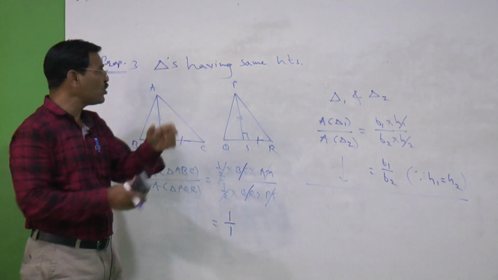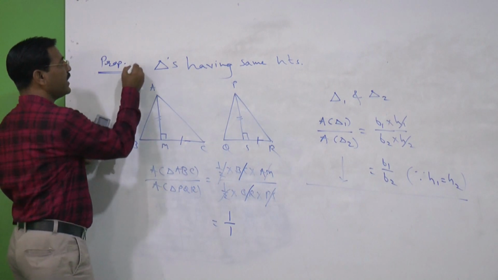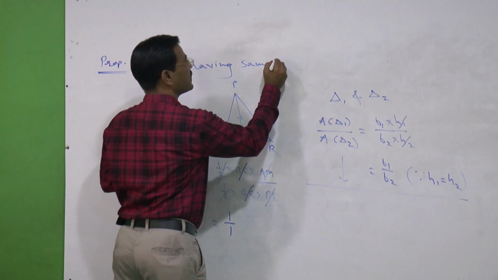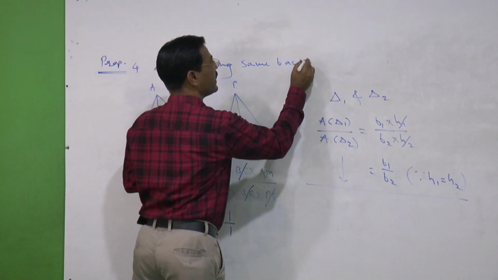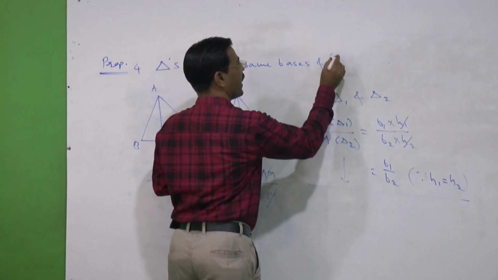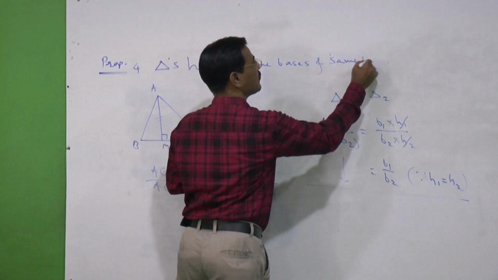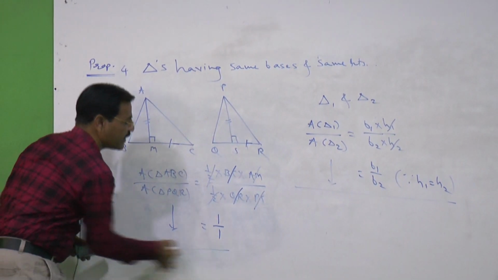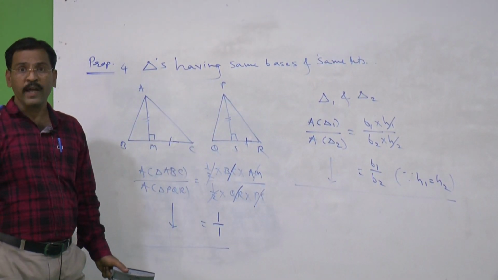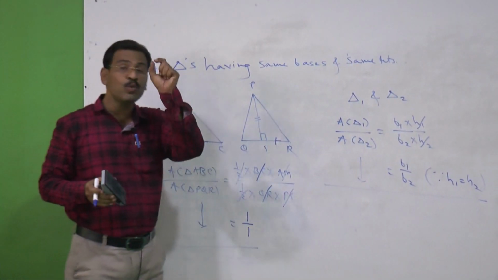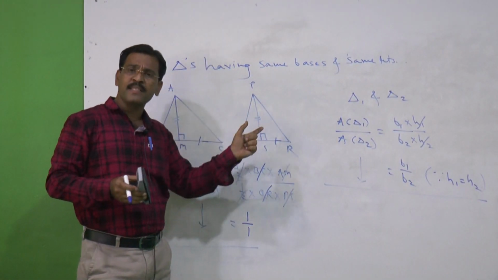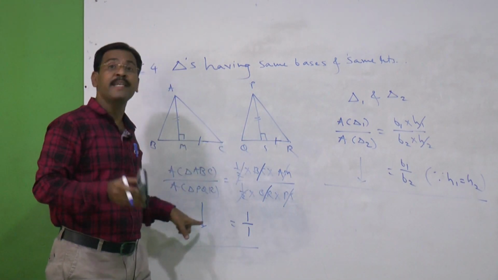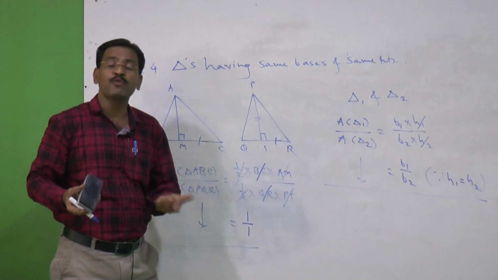Therefore, whenever two triangles, in the fourth property, have the same heights and same bases, okay friends, see here, because of that reason the ratio is 1:1. What can we write here? Whenever two triangles have the same bases and same heights, at that time the ratio of the two triangles is 1:1.